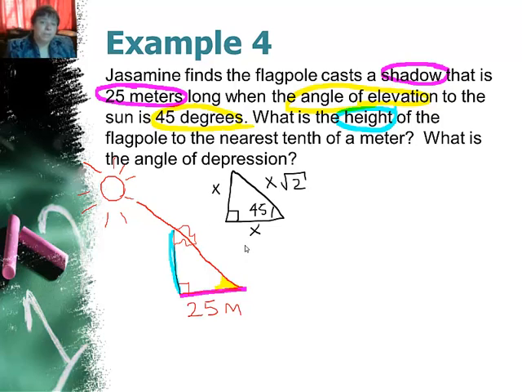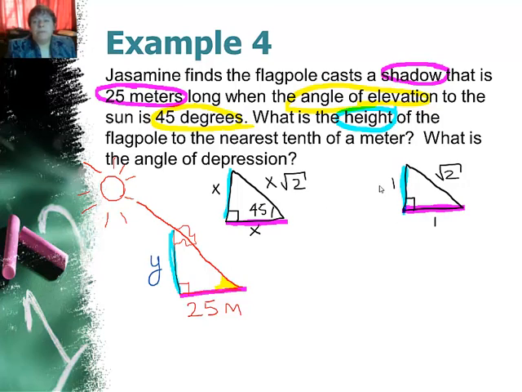I'm going to solve this two ways again. I'm going to do one with a proportion, and then I'm going to do one straight from the math chart. You can think of this x sort of as a scale factor. This one is actually easier with the math chart, but I'm still going to show the proportion. So here are the corresponding sides on the math chart problem. But if I'm going to do a proportion, I'm going to use a simpler one. I'm going to make a 1, 1, square root of 2,